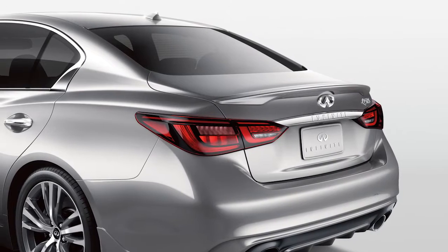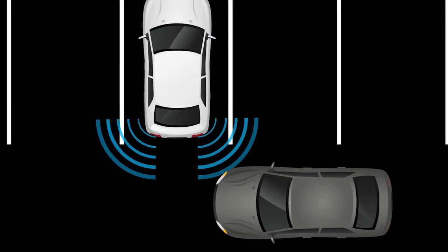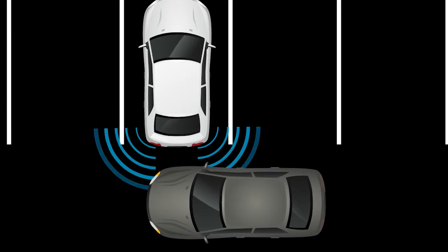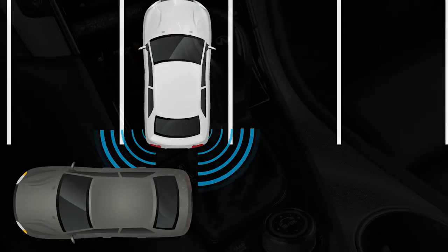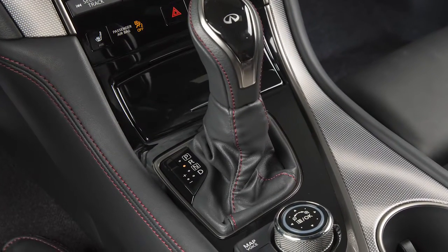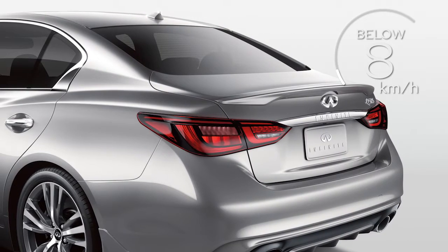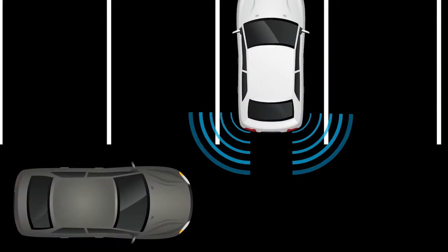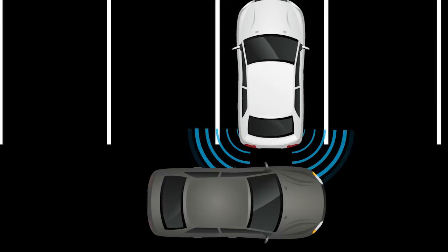The Backup Collision Intervention System, or BCI, can help alert the driver of an approaching vehicle or object behind the vehicle when the driver is backing out of a parking space. If enabled, the system operates when the shift lever is in reverse and the vehicle speed is less than approximately 8 km per hour. If an approaching vehicle or rear object is detected, the system notifies the driver with one